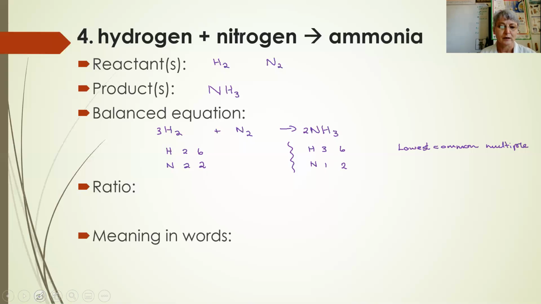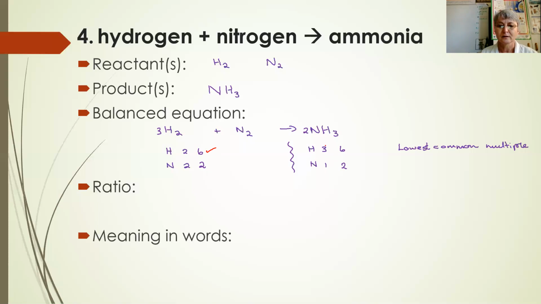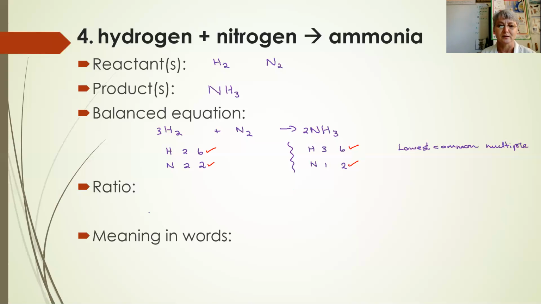So technically we have a balanced equation here now, because the number of hydrogen atoms on each side is the same, 6, and the number of nitrogen atoms on each side is the same. So the ratio between the reagents here would be 3 hydrogens to 1 nitrogen to 2 ammonias. And the meaning in words, 3